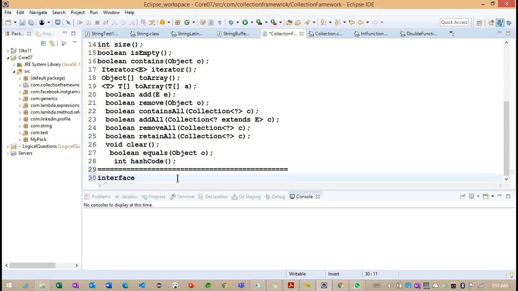And the second interface called List. Again, we are going to have element here, and which is going to extend from our Collection. Getting the point. And we need to understand the behavior of this particular collection. So it will store the sequence of elements here. Getting the point.